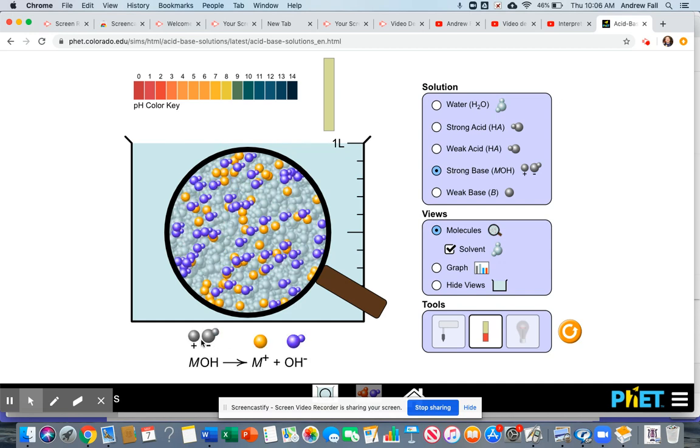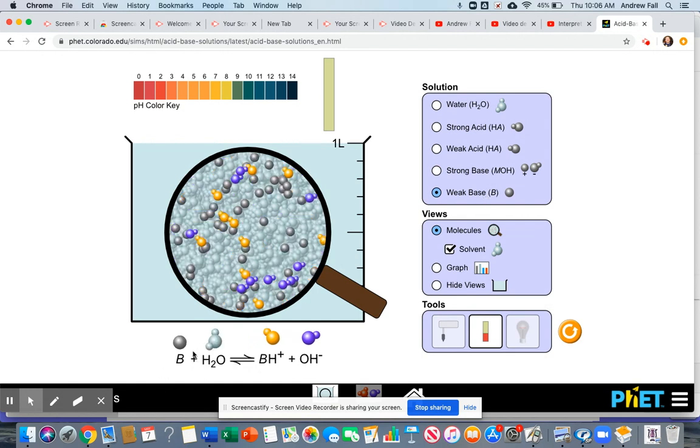Weak bases are a little bit different, however, when we're comparing them to strong bases, because strong bases are metal hydroxides, and you can see that that's just going to be a dissociation. However, a weak base is a little bit different, because what actually happens is the base will essentially accept a hydrogen from water and form what we're going to end up calling its conjugate acid, but essentially it accepts a hydrogen ion and becomes positively charged, and in